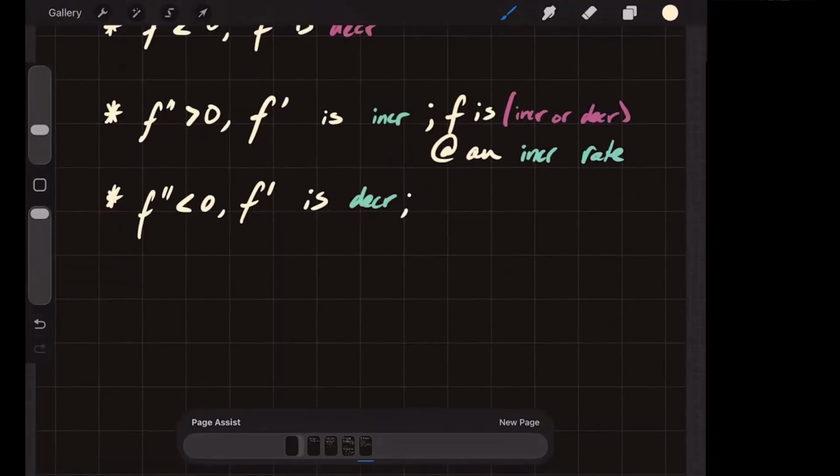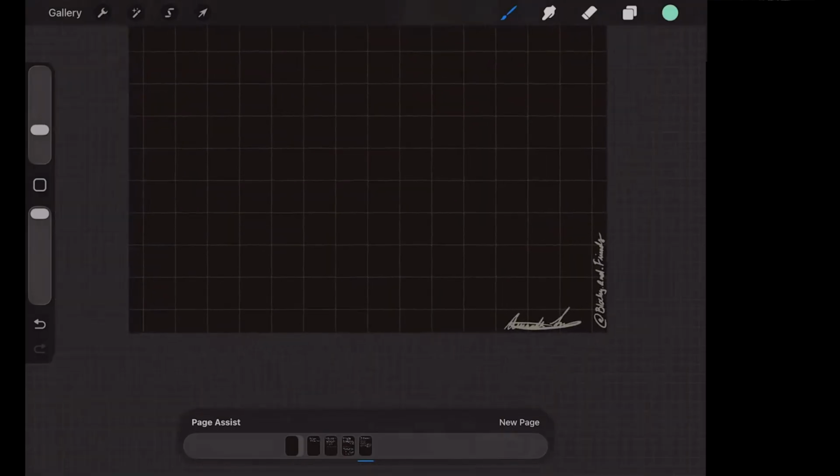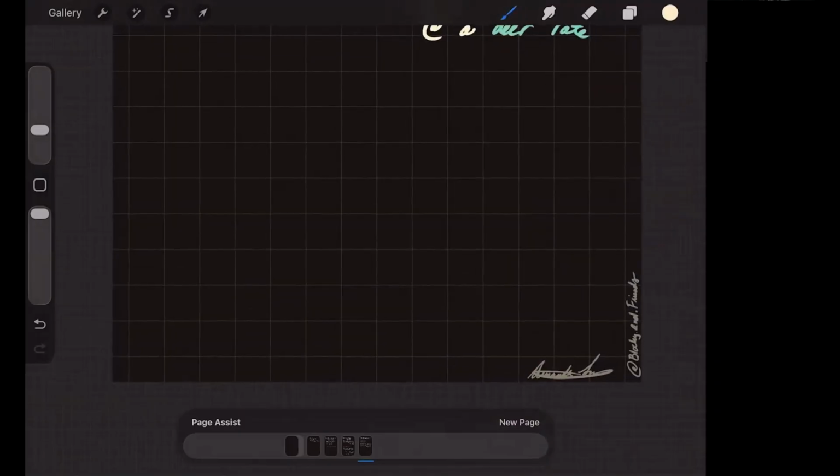And similarly, f double prime is less than 0 means that f is, again, increasing or decreasing. Please don't write increasing or decreasing. You have to tell me whether f is going up or down, okay? Or decreasing at a decreasing rate. Easy, right? So as a table, right,